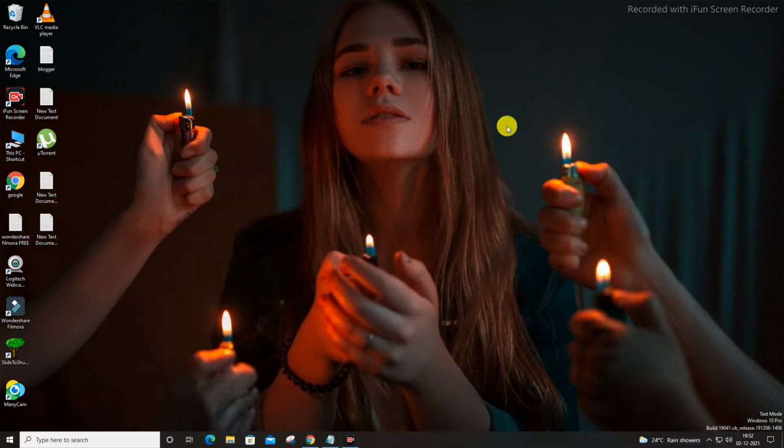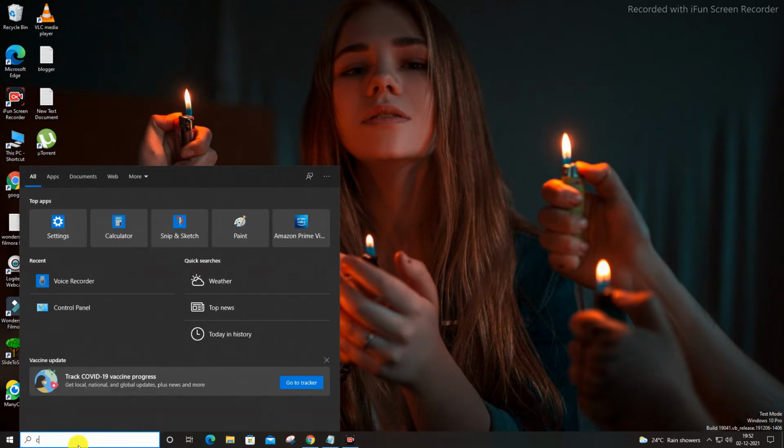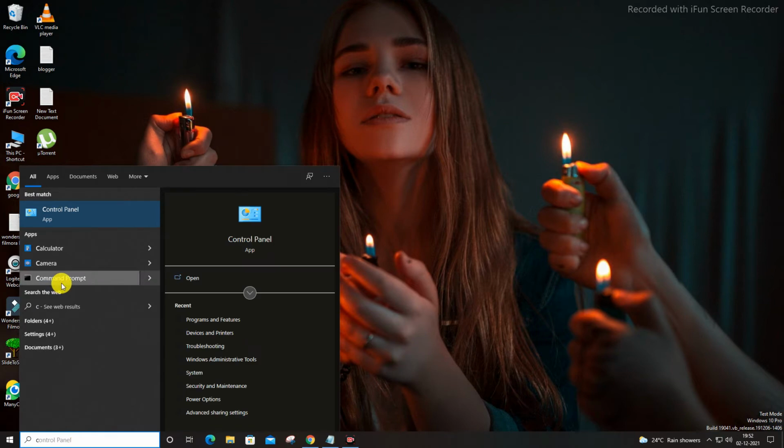Alright guys, so it's very simple to remove this. So guys, go to your search and type over here command prompt, left click and go for run as administrator. Open that,